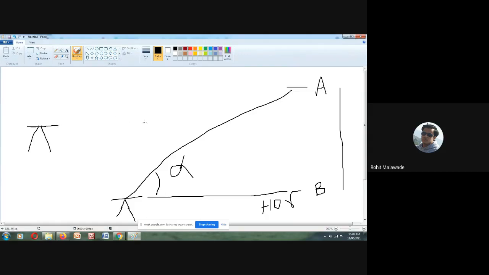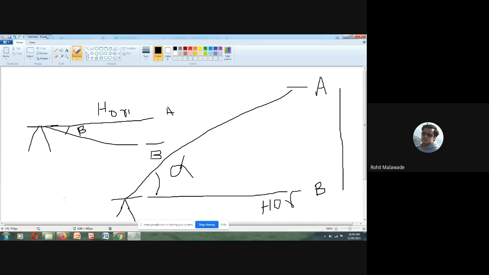Now suppose this is your point A and this is your point B. Now, where does your horizontal lie? This is your horizontal line of sight. Here you are going to measure the angle A and B. This we call the angle beta, which is the depression, because the angle that you are going to measure between the points A and B is below the horizontal line. This we call the angle of depression.